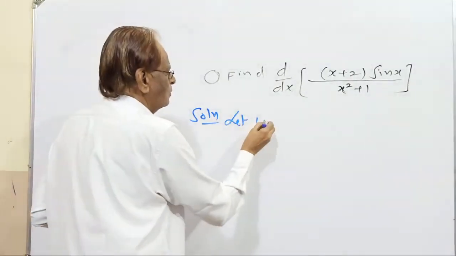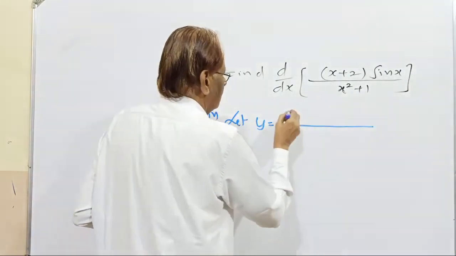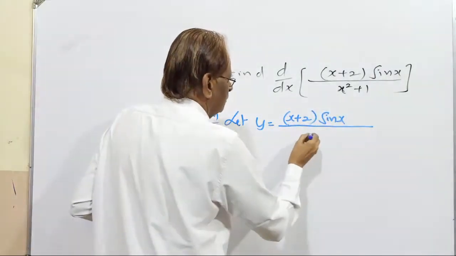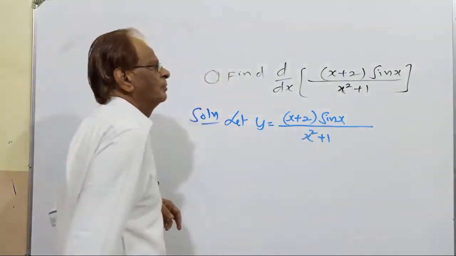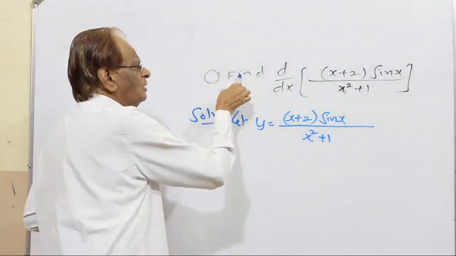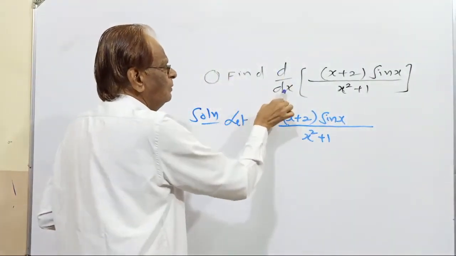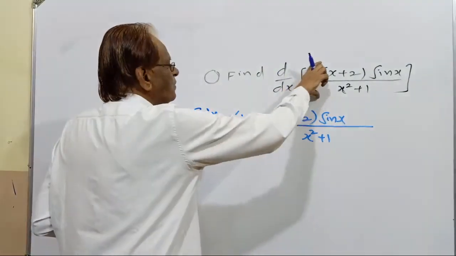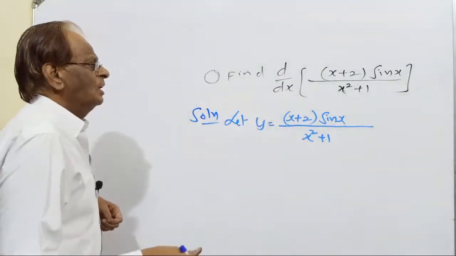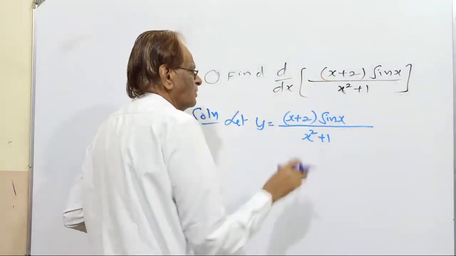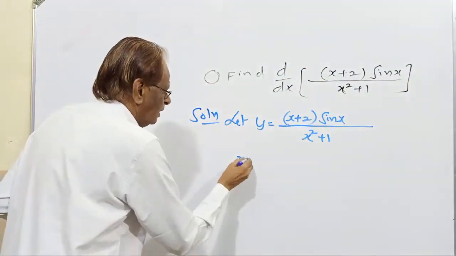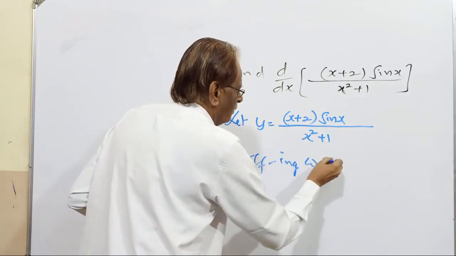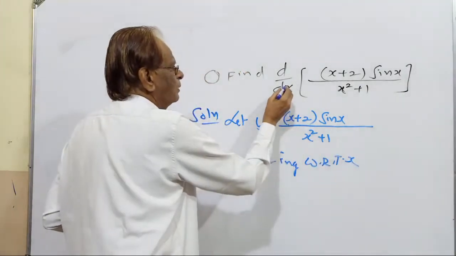Let y equal to the bracket. They are asking for the differentiation of this bracket with respect to x. Therefore y is the big bracket. Differentiating with respect to x,